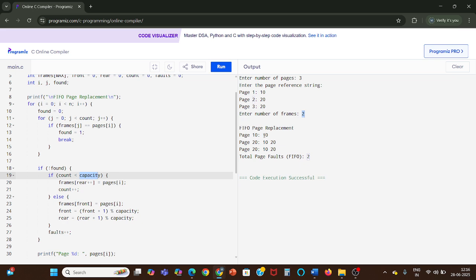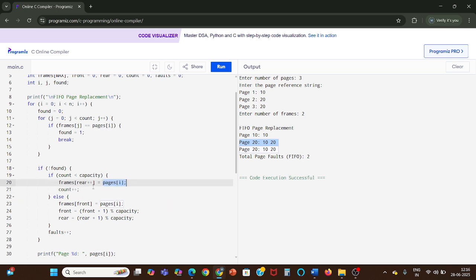Consider this case: if 10 is already occupied, when we are referring to page 20, count will be 1, capacity will be 2. Consider this stage, page 20. Count is 1, page number 10 is already there, whereas capacity is 2. If free space is there, then we are going to add the new page.